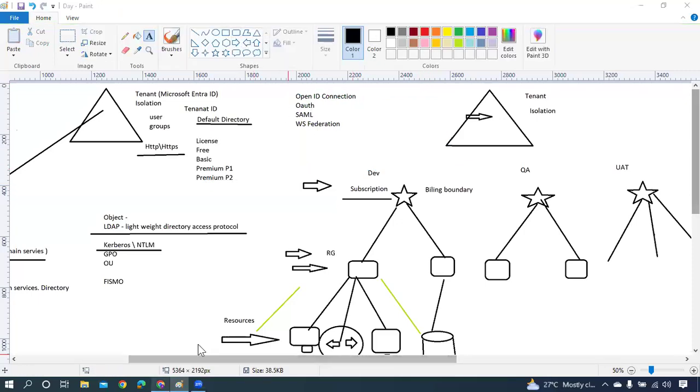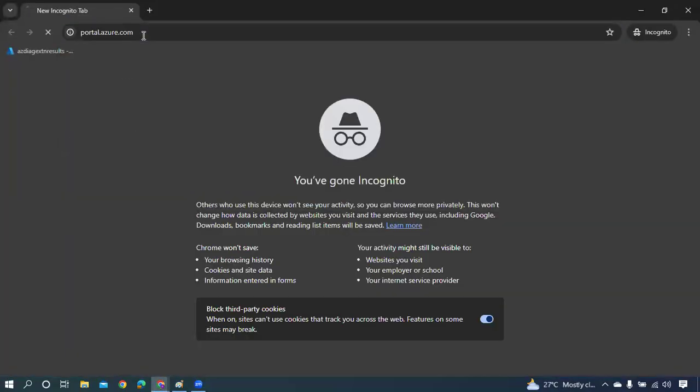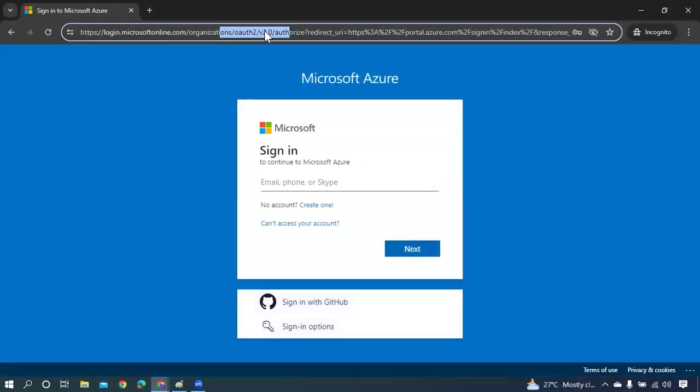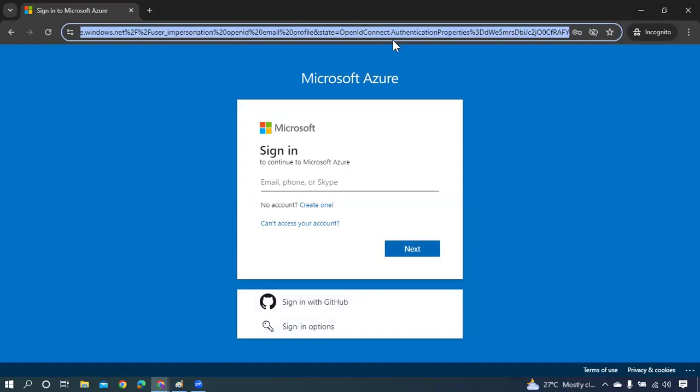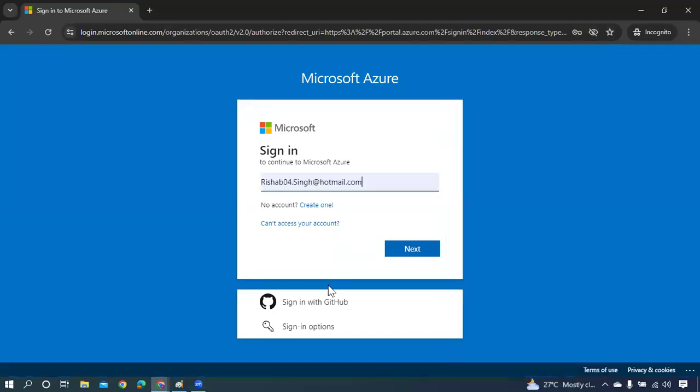I'll give you an example, guys. If I go to portal.azure.com right now, what is it asking? Did we need to configure OAuth 2? No, we don't. It has already been provided by Microsoft. It is basically generating a token for us. This is a big token which is coming over here. So if I go ahead and put in the password,